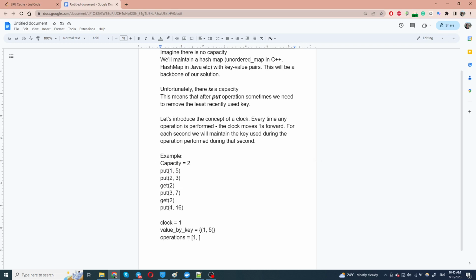Okay, our next operation, we are putting 3 for the key of 2. We still can do this because our capacity is 2. So now I will update the first element of our operations array, and I will increment the clock. So yeah, everything quite straightforward. Then I have a get for the key of 2, and I can just look up in the map and return 3. And I will also increment the clock, and we'll add this key that we've just used to our